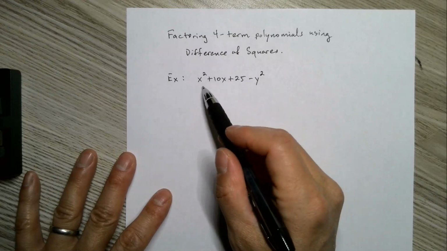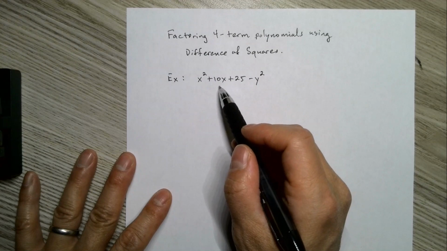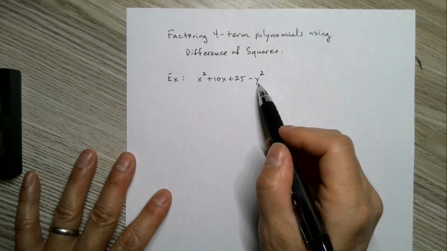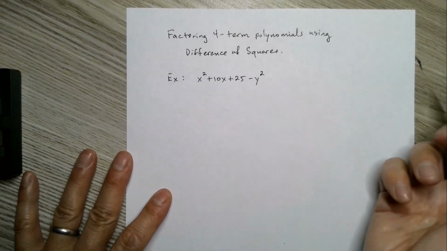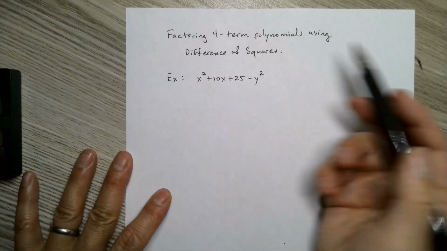In this case, we can take a GCF out of the first 2 terms. The GCF is x. But the third and fourth terms don't have a GCF, so that method isn't going to work. So instead of looking at 2 groups of 2 terms,